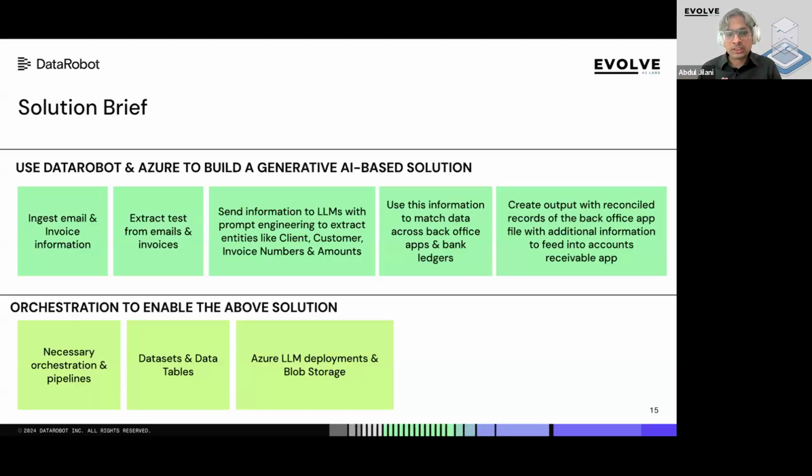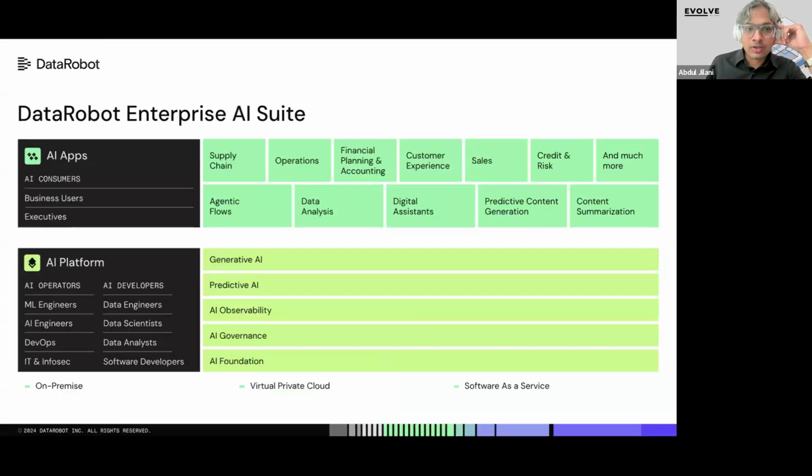Then the final part, which is the LLM deployment. They wanted to use their own Azure OpenAI deployments that they had, so we used GPT hosted on Azure. And then we used DataRobot to monitor and use that LLM inside of DataRobot. We use DataRobot because it's a great enterprise AI suite, but Alex would be the best person to explain why it is great for generative AI.